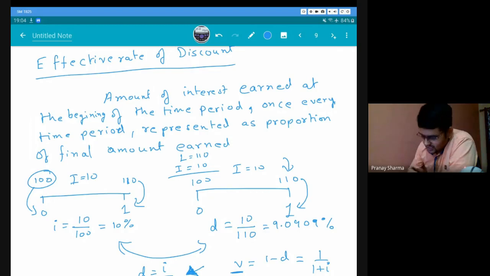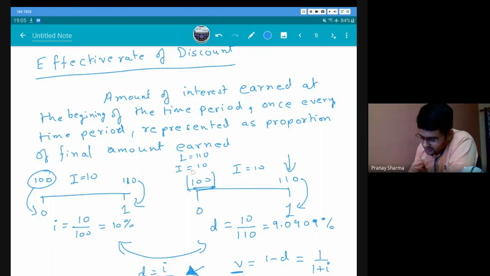As soon as you get 100 rupees, you will give me 10 rupees per 100 rupees that you received. But you would say, if I give you 10 rupees here, I will only receive 90 rupees. So I did not receive 100 rupees. To receive 100 rupees, you will have to take a loan of 110 rupees. You gave the 10 rupees interest at the beginning, and that is why you received 100 rupees. Because you have already paid me the interest, you don't have to pay interest at the end. The loan was 110, so you will repay the full loan without any interest.